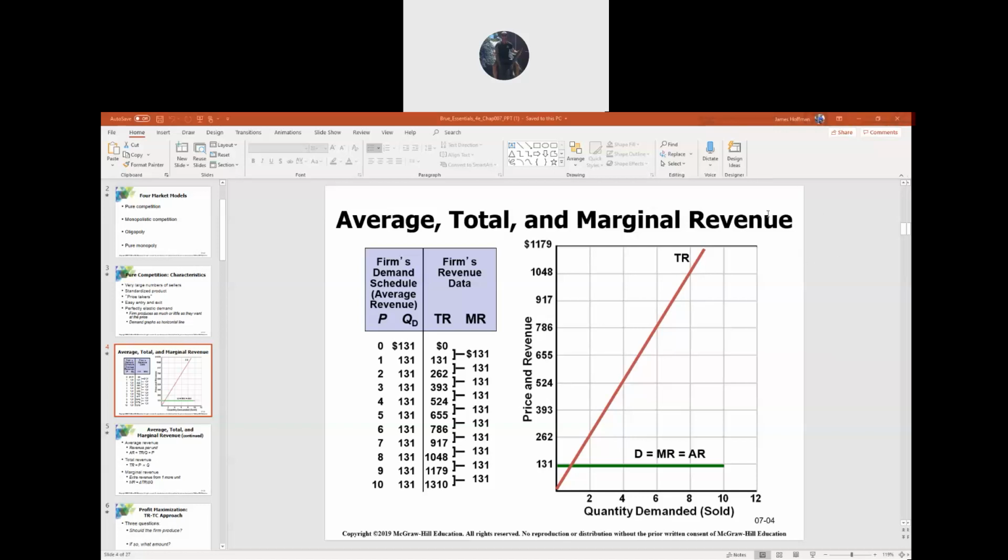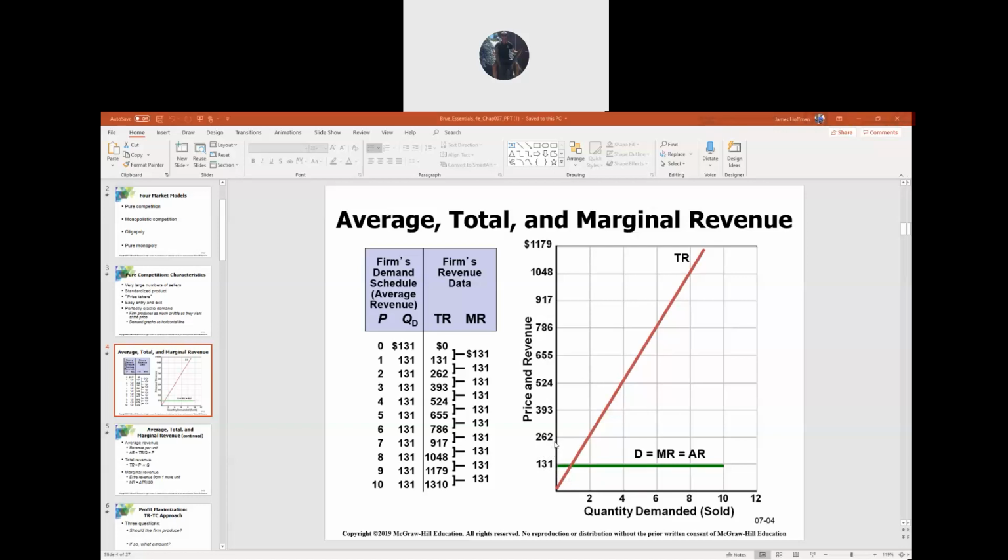Yeah, cotton could be if you set it up as such. Really you can characterize any agricultural or farming good as a purely competitive market, as long as you make the assumptions. If you assume that cotton is the same from all sellers, then yeah, that would work, because if the consumers of cotton decide they're going to pay a certain price, let's just say it's 131 because that's the price here, if they decide that they're going to pay 131, then any firm that tries to sell it for more